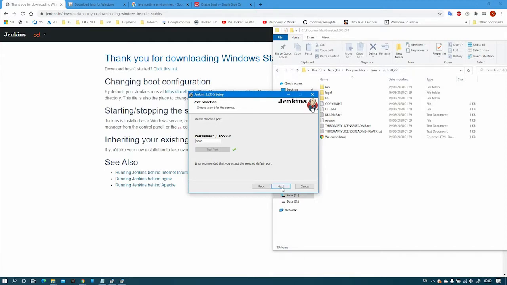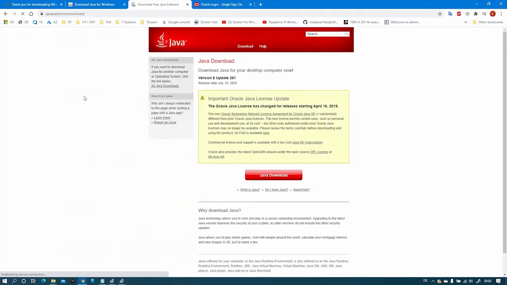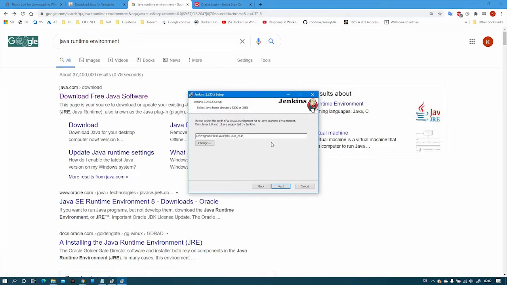and choose next. So Jenkins is a Java application, and in order to install it, you will need a Java development kit, or in this case, I will install Java runtime environment. So just go into Google and download the latest version of Java runtime environment. Alright, as soon as you're back to the Jenkins installation,